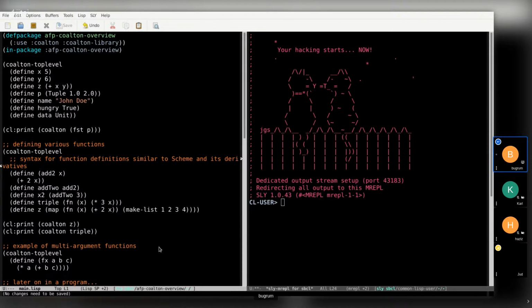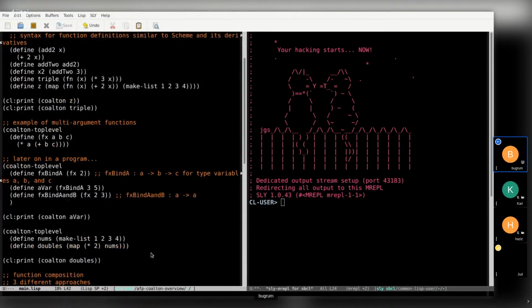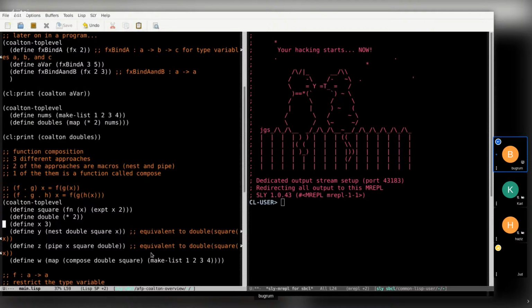Coalton ends up allowing us to do function composition using two different types of composition based on the applicativity of the composition. You may recall the nest and pipe operators I introduced last week, where you can take a couple of functions, let's say a square and a double function that will square the appropriate value that's passed into the function, as well as the double, just doubling it, and we can pass in square and double accordingly this way. As it turns out, and before I get started here, let me just quickly